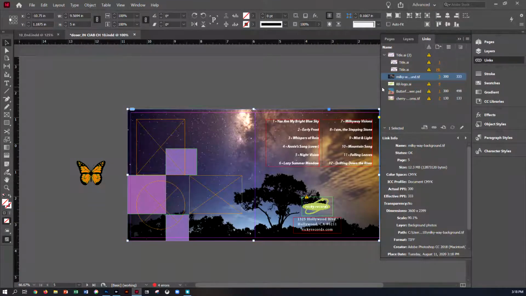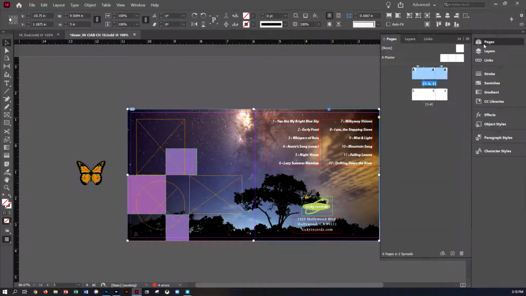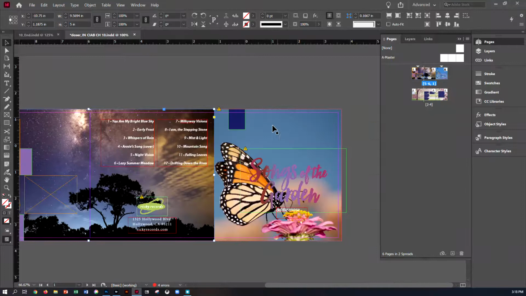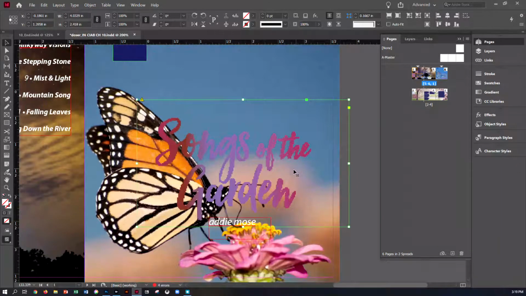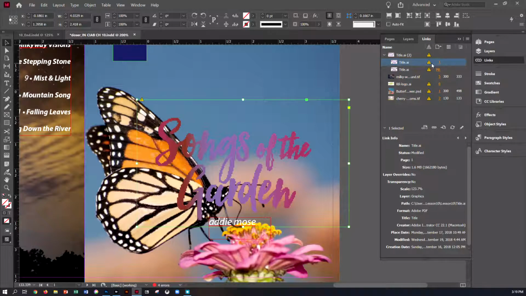All right, so let's go ahead and jump into what the book wants us to go through. And let's update some of these revised graphics. So let's go to our pages. Let's go ahead and go to this page 1 and look at this title.ai, this Songs of the Garden. I'm going to Control plus and zoom in a little bit. So we can tell if we look at our links that that has been changed. If I go ahead and double click,